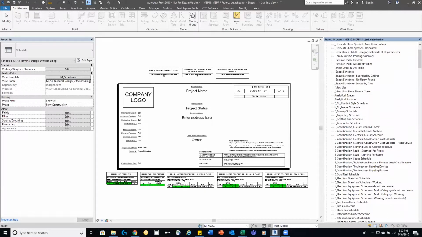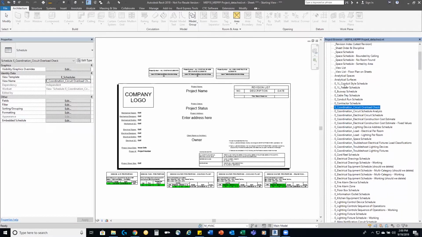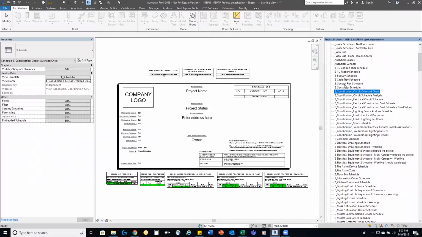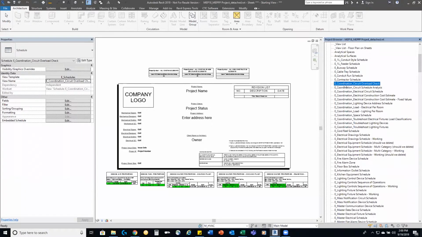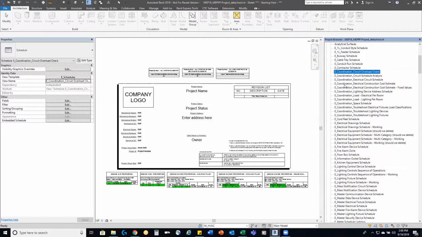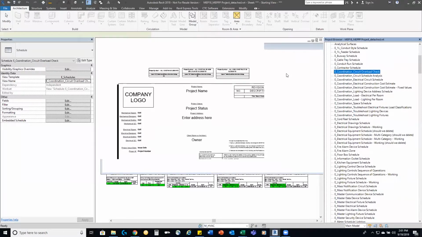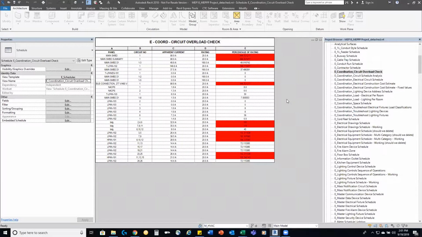As anybody who's used Revit before, you understand that the nature of the data in Revit is reciprocal. So if I put a piece of equipment in a model and it populates my schedules, if I go to the schedule and change the data on that piece of equipment, the piece of equipment in the model updates, and vice versa. If I update it in the model, it updates the schedule. And so that puts you in a position to use the data that is in the schedule to drive a lot of your design. The first place I want to stop and look is the overload circuit check,